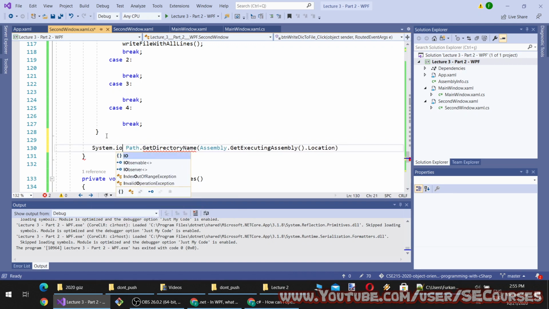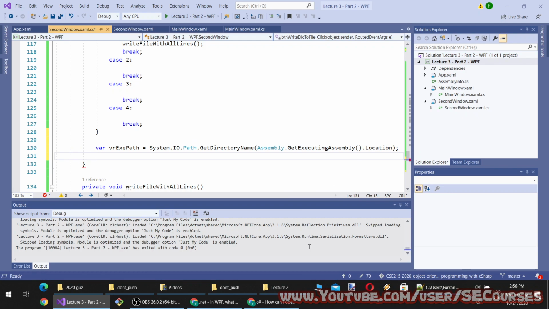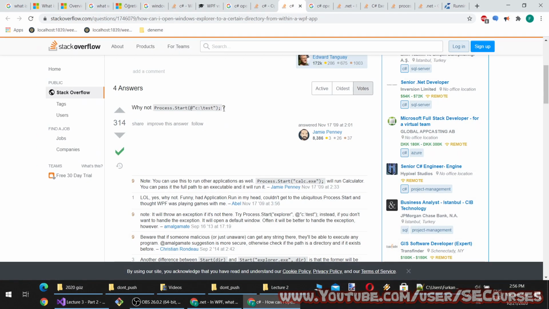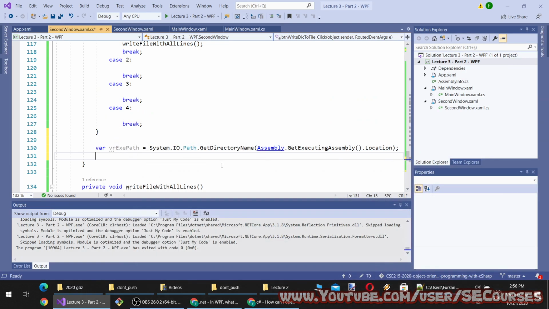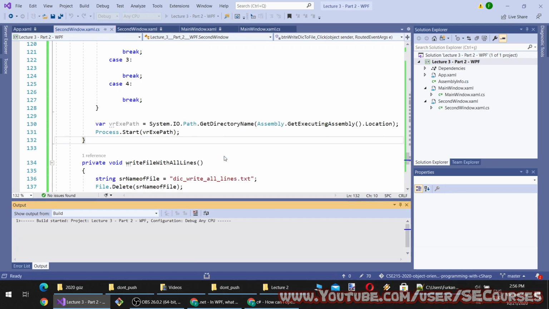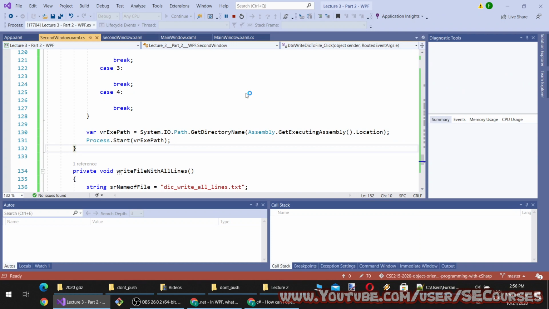So when you have ambiguous naming, you have to give the full path of the class. This will get the location of my exe, and then I will start the process to open it like this. Okay, let's try. This should open the folder where my application is running, and I have added it to the write file method.